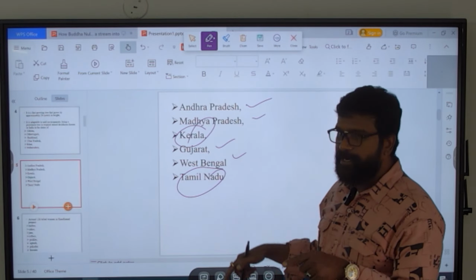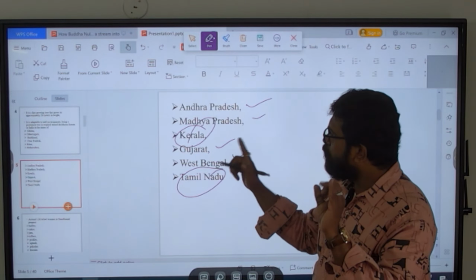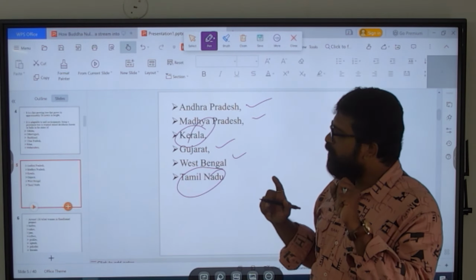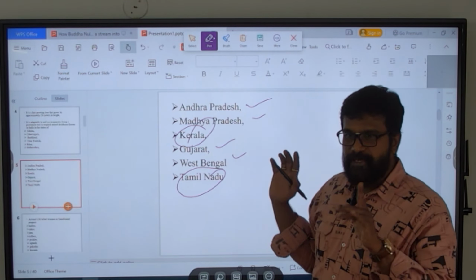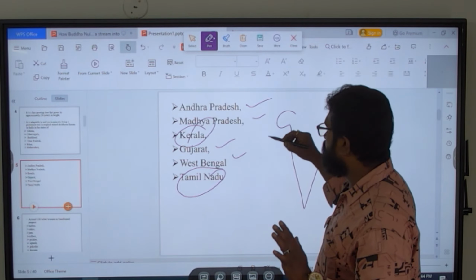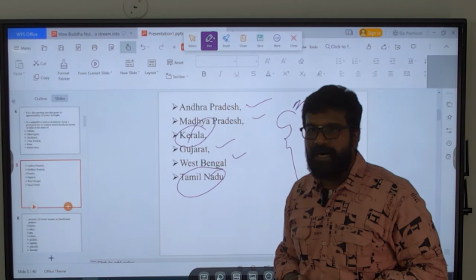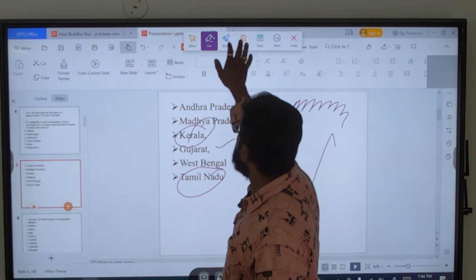But can you find any in the Himalayan mountain region of Jammu and Kashmir? It's not there. Uttarakhand is not there, and Himachal Pradesh is not there. Even in the northeastern states, none of them is on here. So that's why, when I was drawing this India, I told you this mahua tree is not over there, but all over the other states we can find these kinds of trees, right? So if you see this,